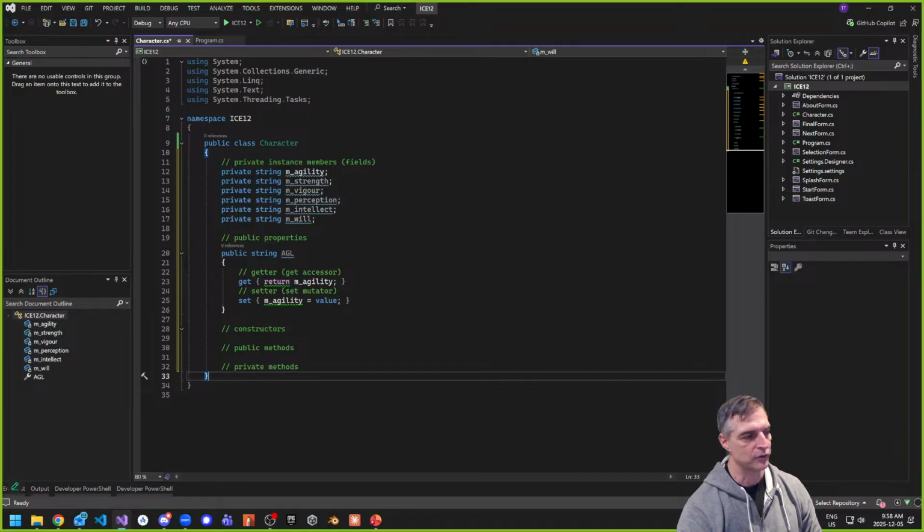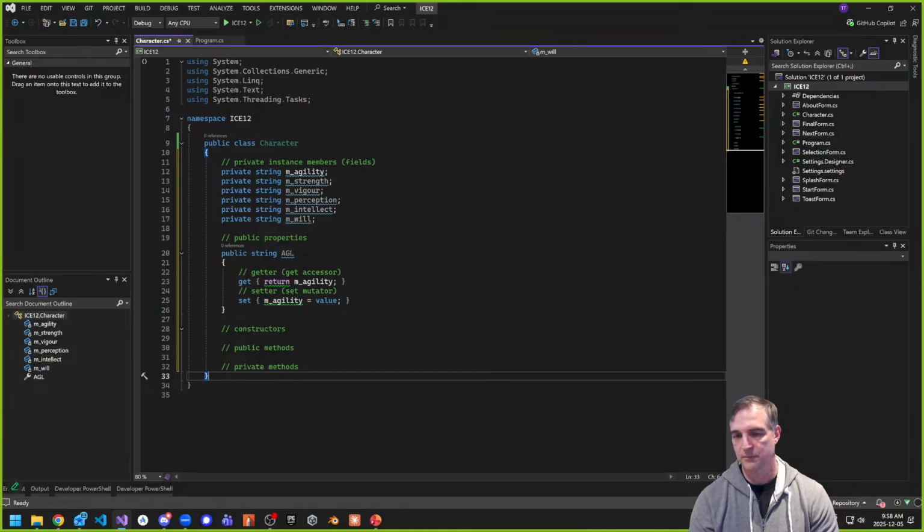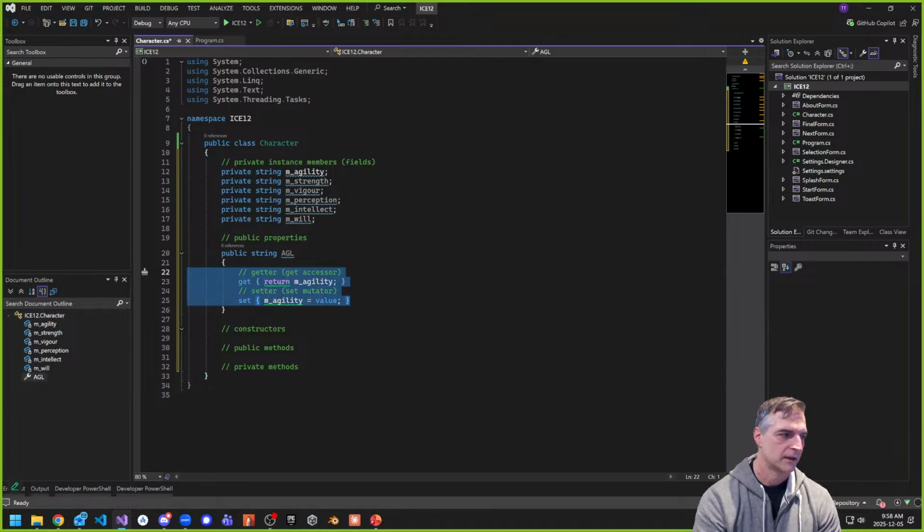In other languages, you might say something like get AGL or set AGL, two different methods that you would use for this kind of thing. Here in C#, you can just use agility or AGL, and it's going to represent either get or set, depending on what you do. That's a really neat thing, and that's why C# is so flexible and beautiful, because you don't have to use extra methods. They're just right here. So these are not just a way of getting and setting data; they're also methods, even though they don't have